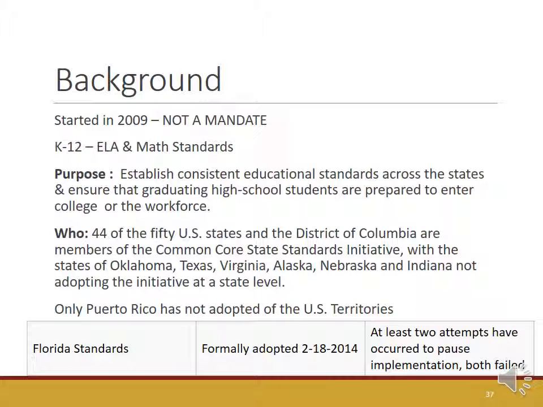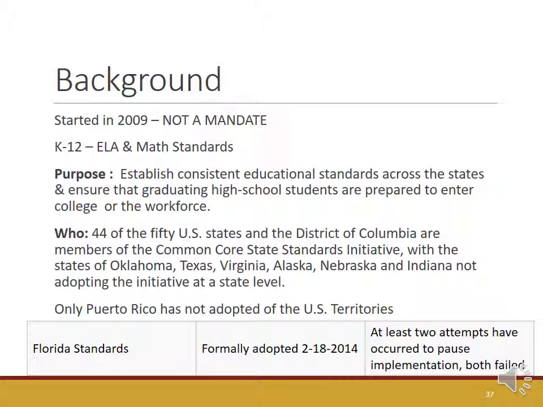Like before this ever started, they were good. Whereas Tennessee did not. And I don't mean to pick on your state if you're from Tennessee, but their educational standards, what they were expecting out of students at every grade level, was not as rigorous as some of the other states. And so if you moved from Massachusetts to Tennessee or from Tennessee to Massachusetts, you encountered a very distinctly different set of educational standards. And so being that people are not geographically bound, we needed to start